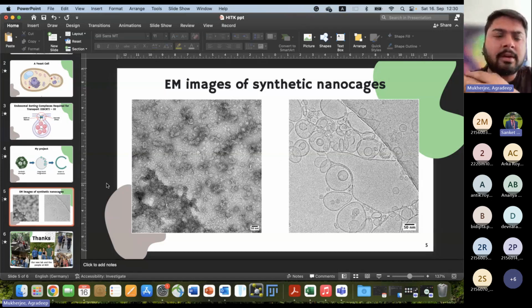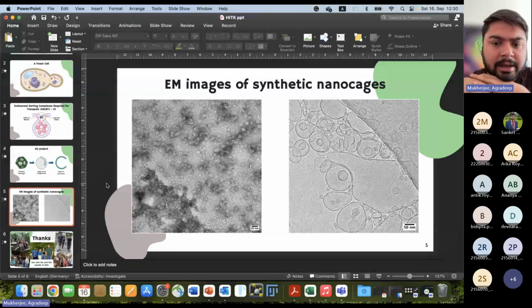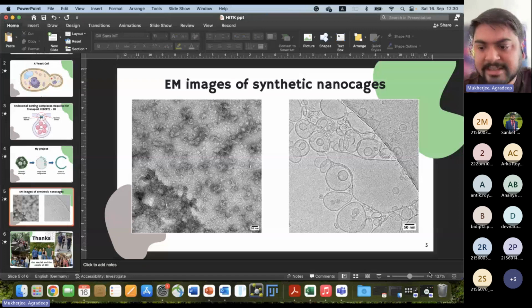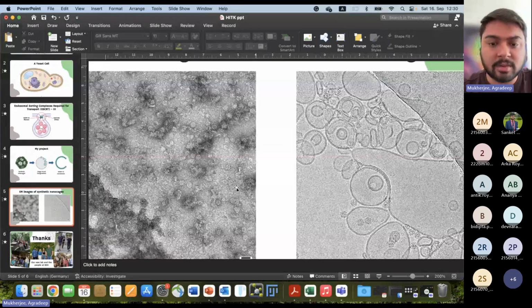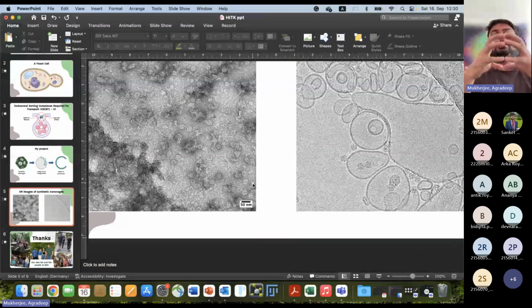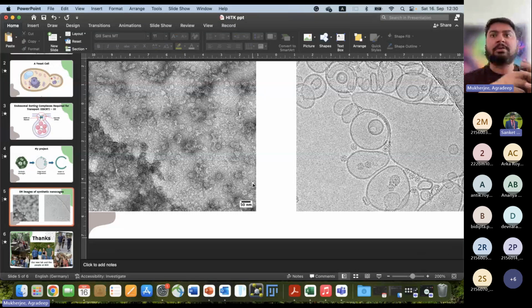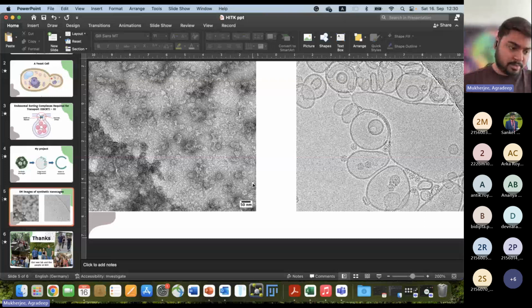For one nano cage, if I zoom in here, it's around 25 to 30 nanometers. And if you enclose it in a vesicle, like a lipid vesicle, then it resembles something like a viral egress. So we are later planning on studying the viral egress process,